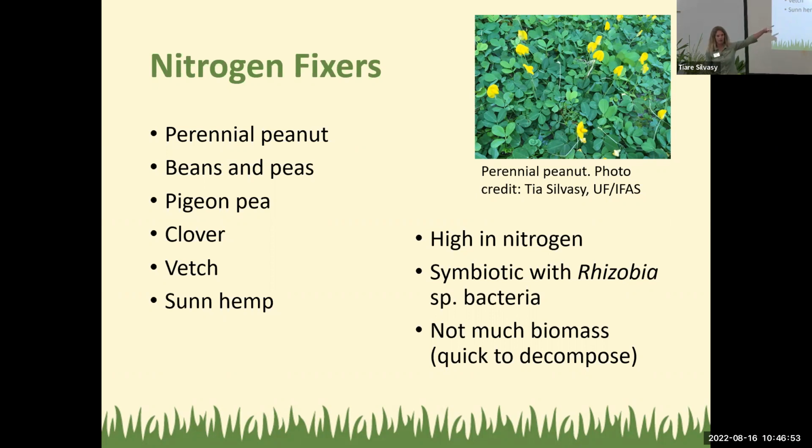Like I have that in my lawn. I don't fertilize it at all, but other legumes like beans and peas, the pigeon pea, which I have right here, and then clover, cover crops like sun hemp. These are all in the legume family. And almost all legumes create symbiotic relationships with nitrogen fixing bacteria like the rhizobia I have on the slide. And so the bacteria are living in the roots and they're actually helping to produce the nitrogen that then the plant uptakes. And so this one is another one you can just cut. They call it chop and drop. And so you cut some of this,